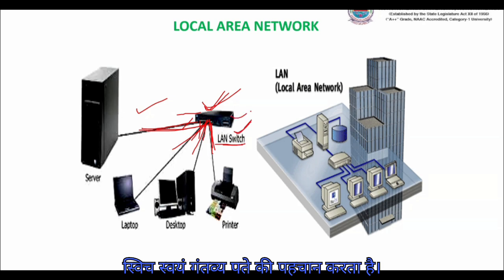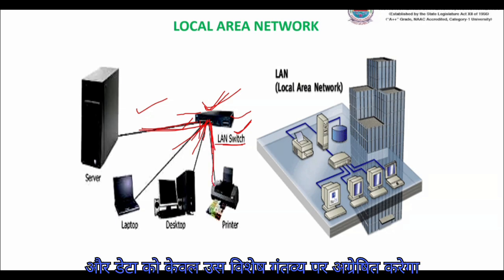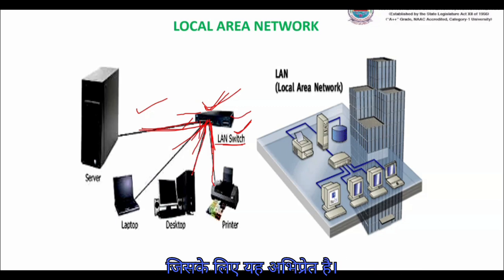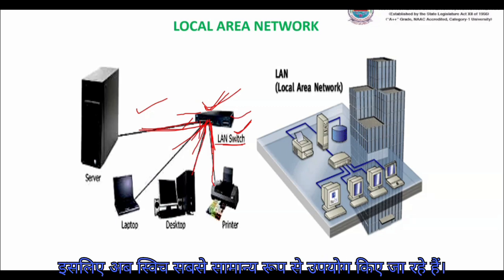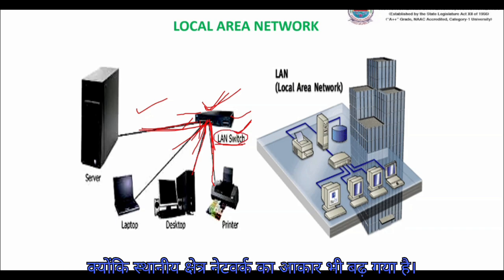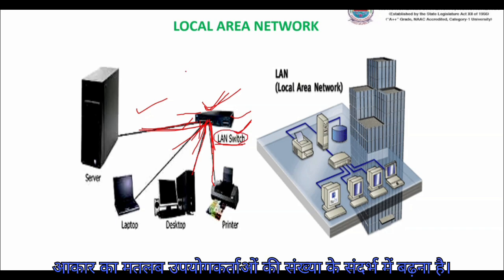switch, as it differs from hub, switch identifies the destination address itself. It's intelligent in nature. It identifies the destination address and will forward the data only to that particular destination for whom it is meant. So that is why switches are now being used most commonly, because the sizes of local area